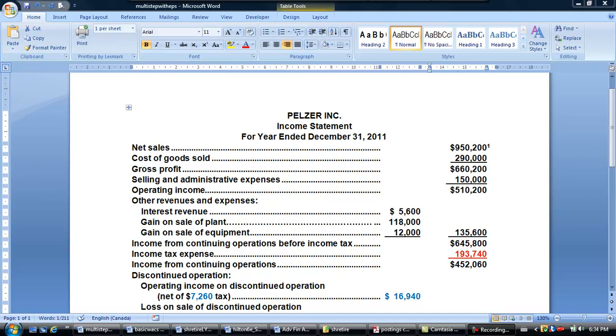So it would be a good idea if you did have the problem in front of you, because we're going to use the information in the problem to put together our statement. So let's begin. After we put together our three-line title, which is given to you here, name of the company, name of the statement, and the period for which income is being measured,